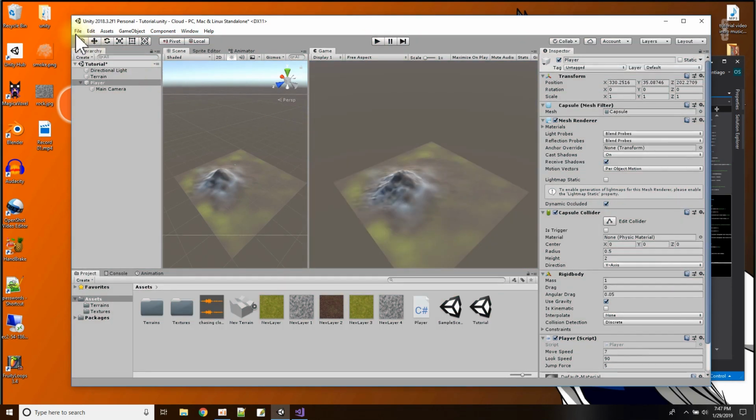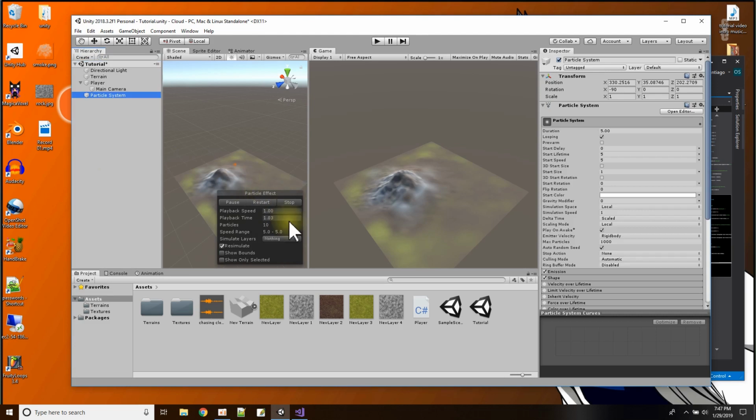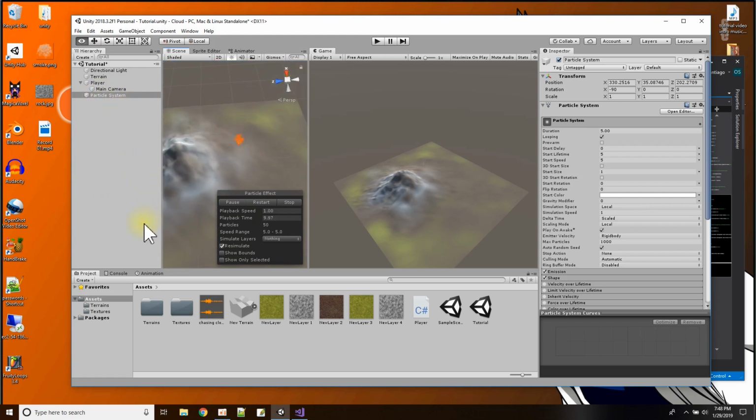So the clouds, we're going to use the particle system. All right, so I'm going to go right here, right click, and I'm going to add a particle system. And by default, you can see these little blue and orange things here. This is the default particle system right now that's in the scene. And we're going to modify that. So first thing we're going to modify are the particles that are actually coming out, because right now they're just a default,